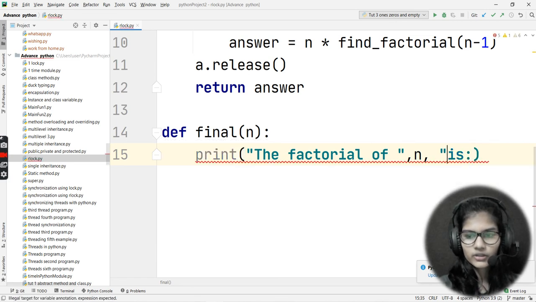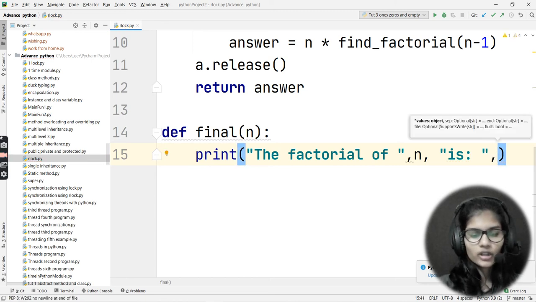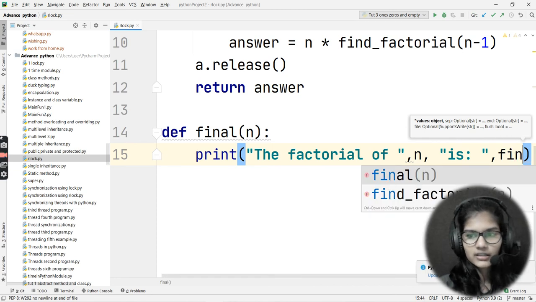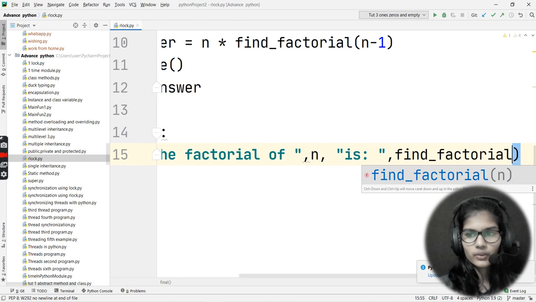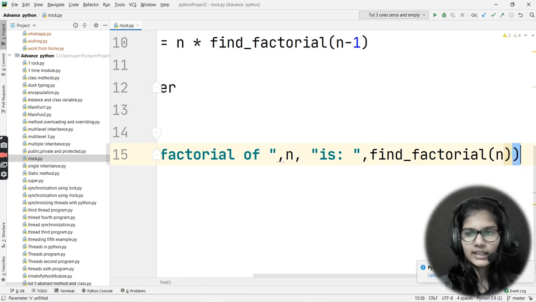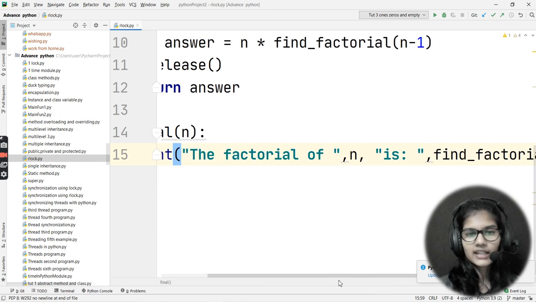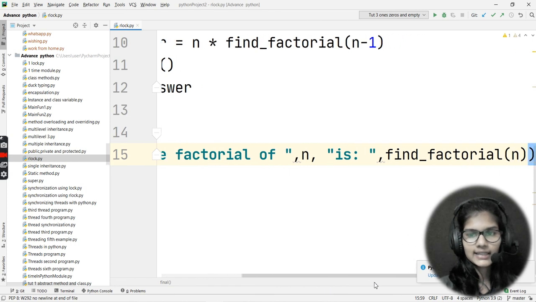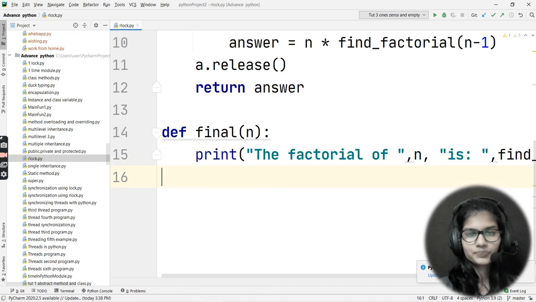Then in quotes I'll write "is", and again a comma, and here I'll call my function, that is find_factorial, and into the bracket it is n. Right, that I have done. So inside this statement I used a print statement, in which I have written the factorial of n is, and find_factorial with n in the bracket. Right, come on to the next line here.